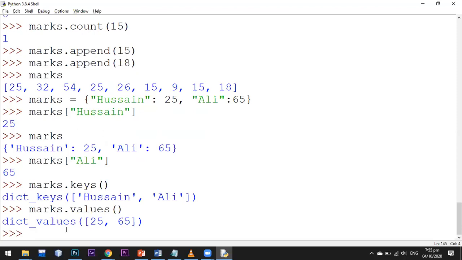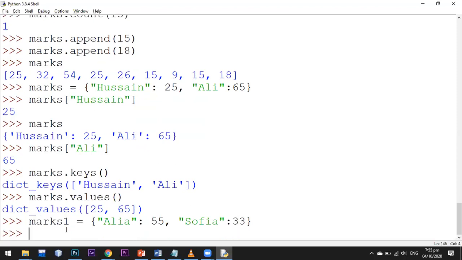Okay, and if you want to add another, like in arrays where we concatenated, we joined two different arrays, I'm creating marks1 is equal to, this is a new dictionary, so I have more students in my class, Alia, whose marks are 55, and Sophia, whose marks are 33.